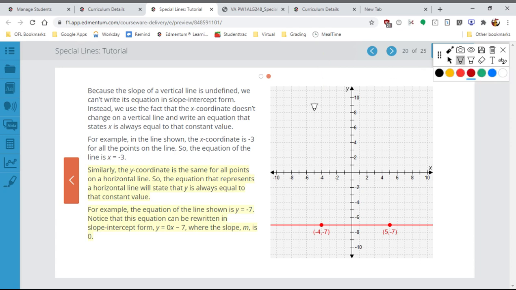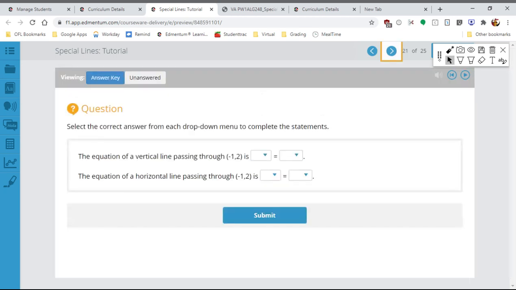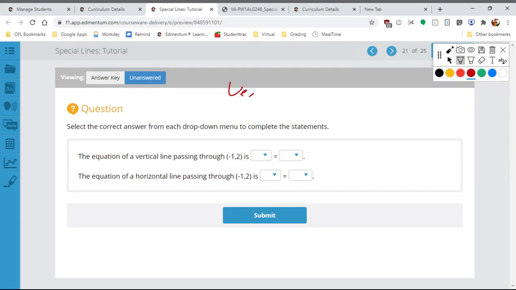And think of it this way. Remember how we said if it passes the vertical line test? Well, a vertical line fails the vertical line test because it is a vertical line. So it's undefined. It's not a function. You can't define it because you can't divide by 0. So if we're doing this, we're looking for the vertical line. So vertical,